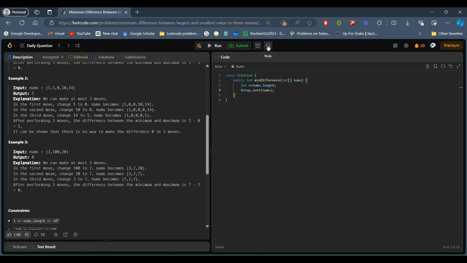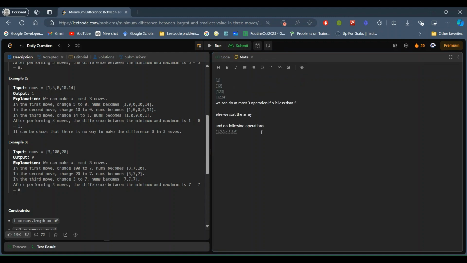Okay. So let's take these nums values, and after sorting we will have 0, 1, 5, 10, and 14. We can do a maximum of three changes. So, what are the changes we can do? We can change 0 to 1, and let's suppose the other two moves we are doing from the last.